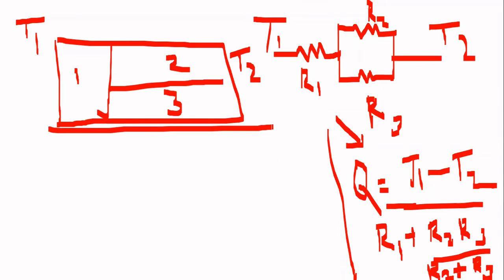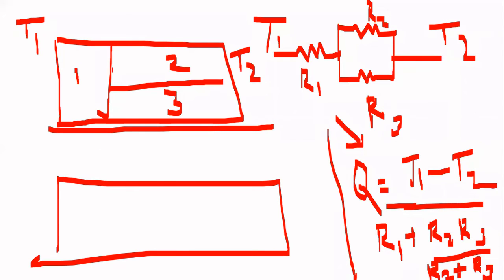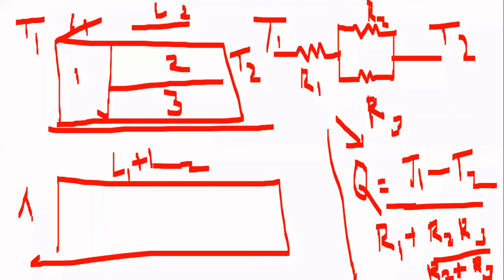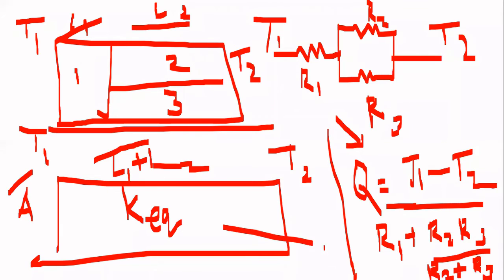Now we can consider that this is a single material. We have a single material, and for the single material, the length value will be equal to L1 plus L2. So here the length value can be taken as L1 plus L2. Area value is going to remain the same as that of the first material. So area value is, say, capital A, and this thermal conductivity value can be taken as K equivalent. Now L1, L2 values will be known, area value will be known, the temperature values will be known. So again, you can equate the rates of heat transfer in both the cases, and you can find out what will be the value of K equivalent.